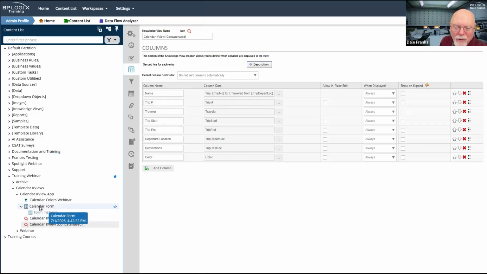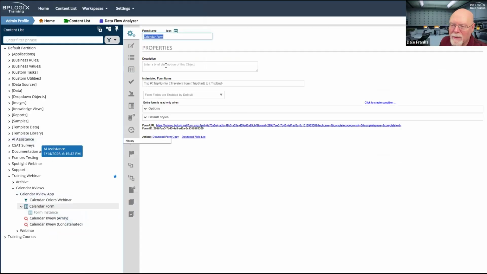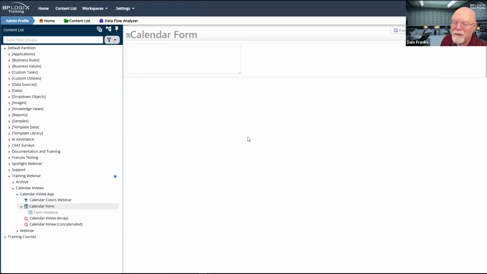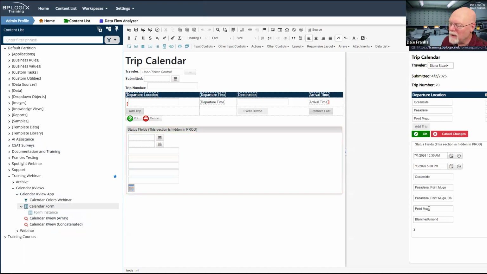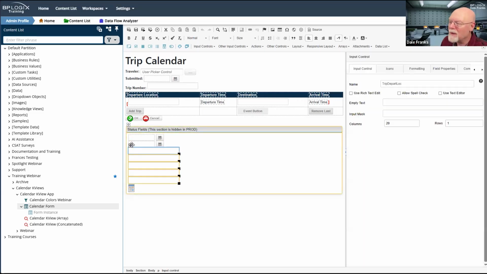Let me check the form just to be sure what it is I'm seeing and that I have counted fields correctly. The field that is showing me, okay, so I've got my first, second, my third field is Oceanside. So that's my third field. So that is my trip depart location.